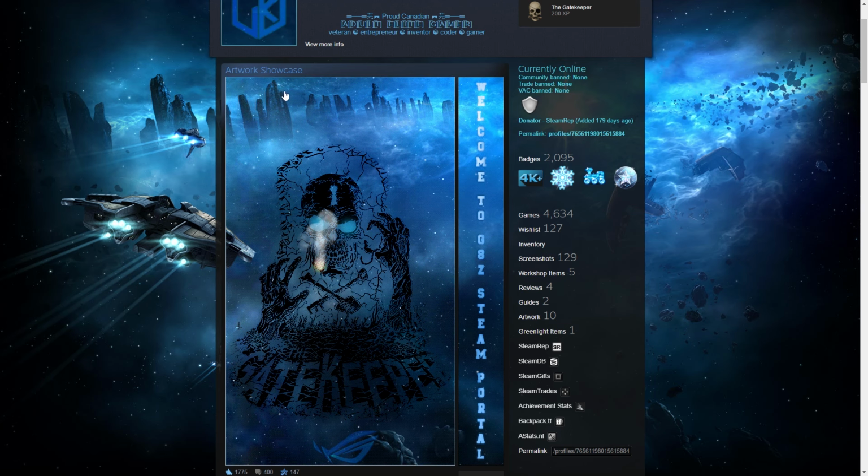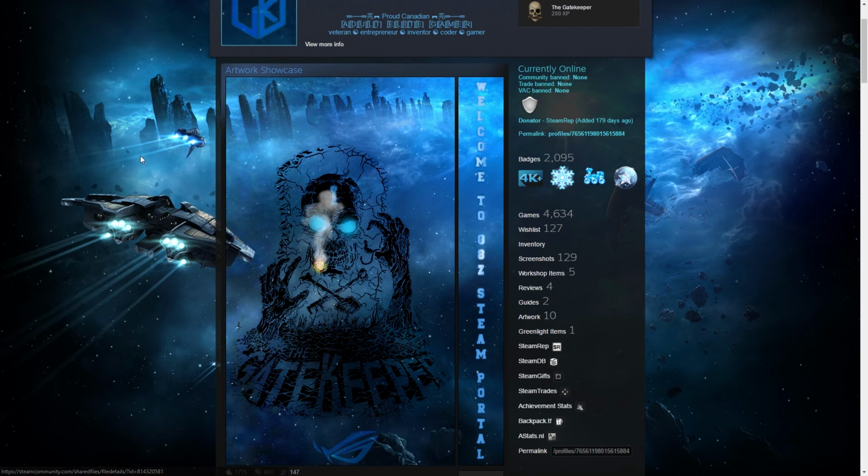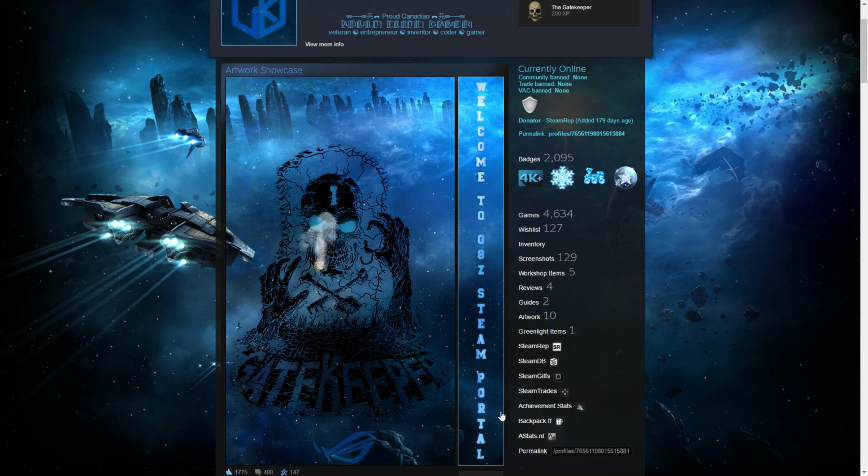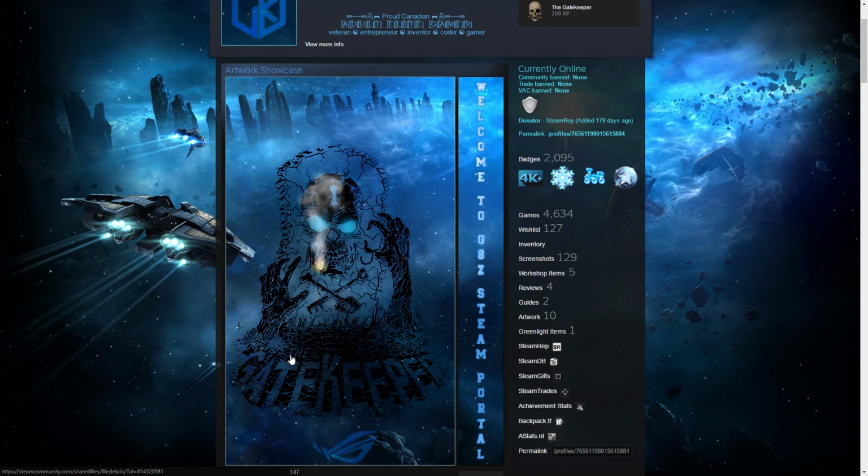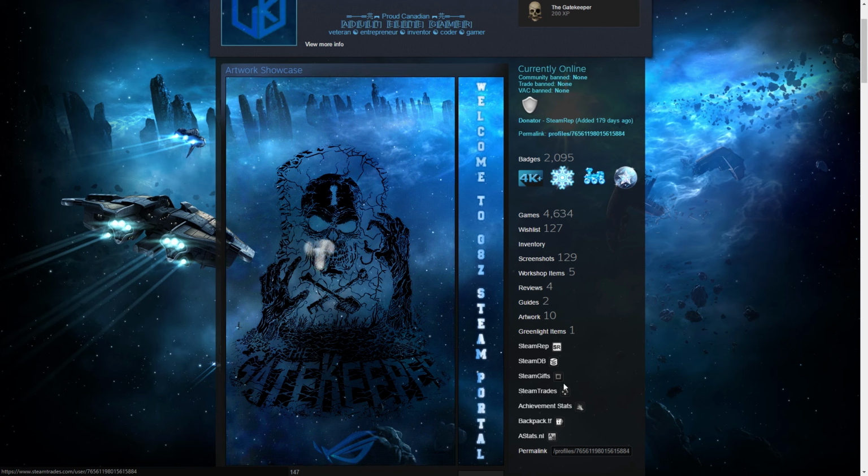The next thing that we have is his artwork showcase, and this is some really custom artwork, and there's some animation here with this smoke, and I like how it blends in with his background, and it's a nice long artwork piece that's all animated. So if you didn't realize, this says the Gatekeeper here, but it looks really cool, especially with this background. It all fits really nicely together, and I haven't seen too many people use this background, so it's quite unique